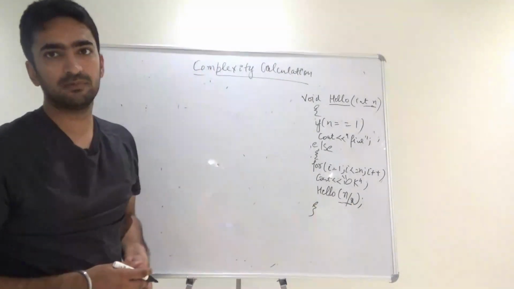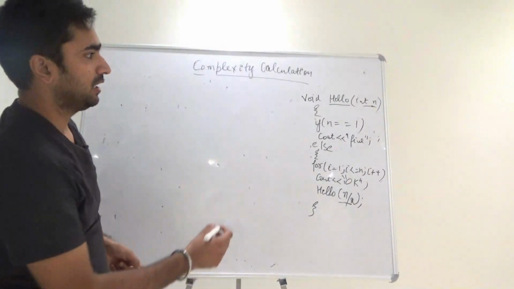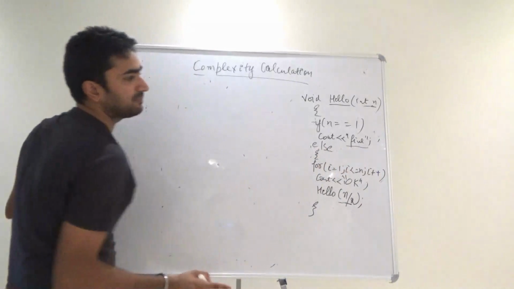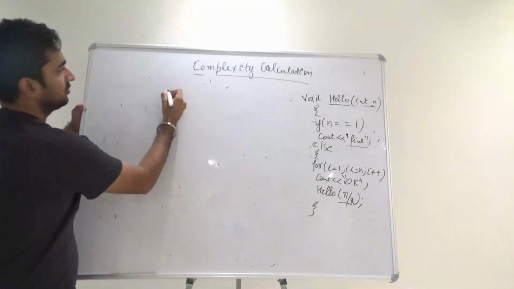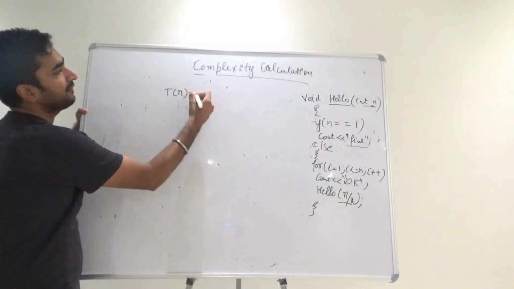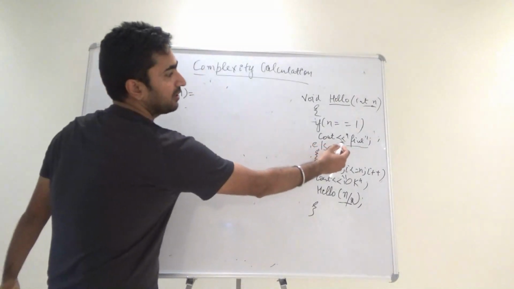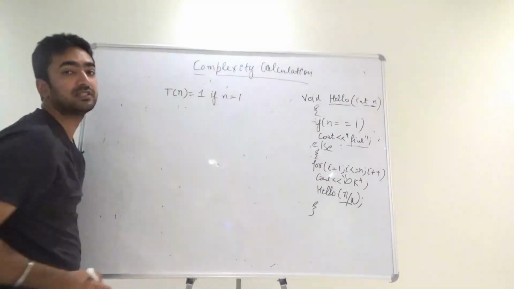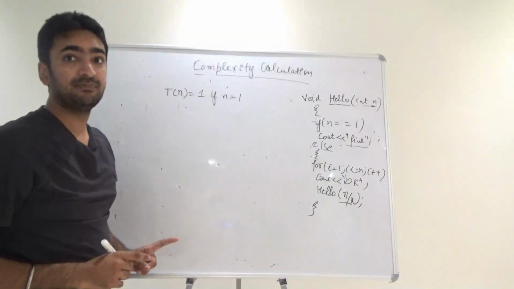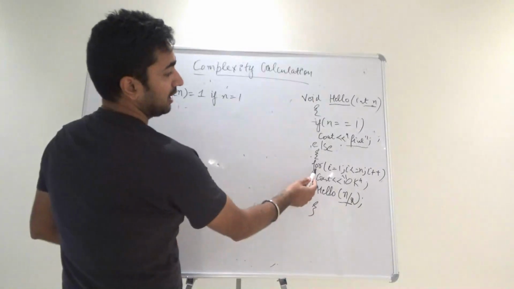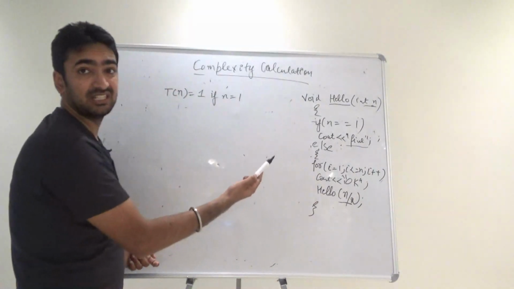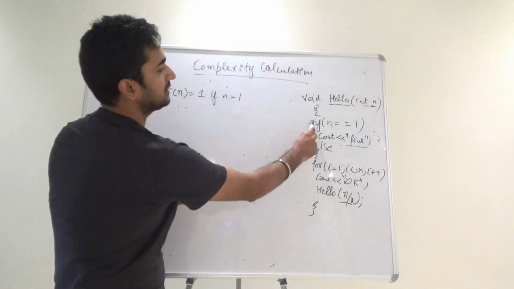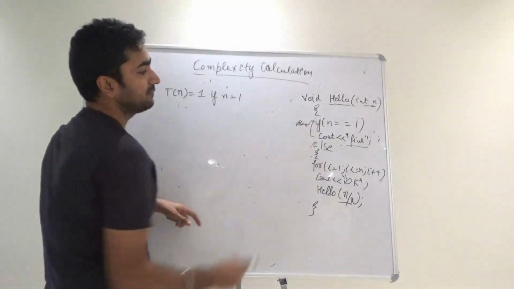So how is this different from the previous question? You just see the condition is clearly given. If n is equal to 1, this is just going to display one time, that is fine. So it means t of n is equal to 1 if my n value is equal to 1. This is first. And the second important part out of it is we have a particular else condition also. That is actually a prominent condition because this is my base condition.